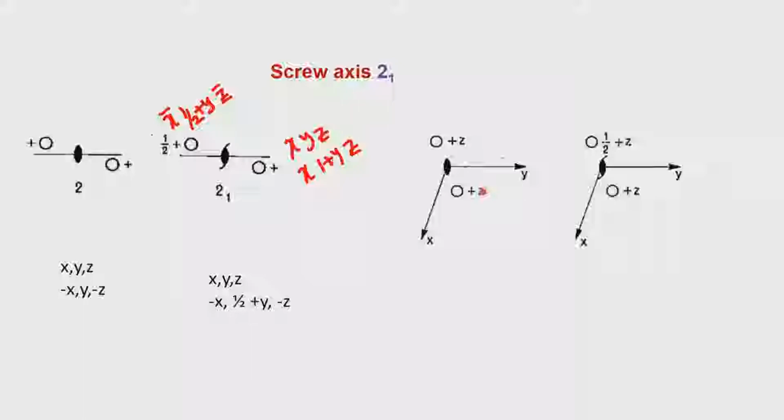So the same object now generates the screw axis operation. It is like, for example, driving a screw through a wall. You have the screw and you want to put it through the wall. What you do is you rotate with a screwdriver. It can be designed in such a way that one rotation of the screw will generate half unit translation in the given direction. If you rotate the screw in the opposite direction, it will come out by half the unit. So you can do this operation back and forth, and that is why this screw axis operation is a valid symmetry operation.